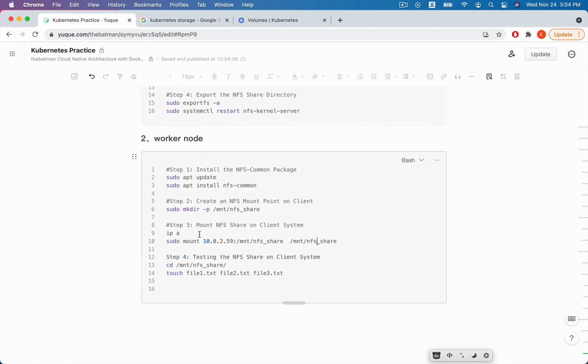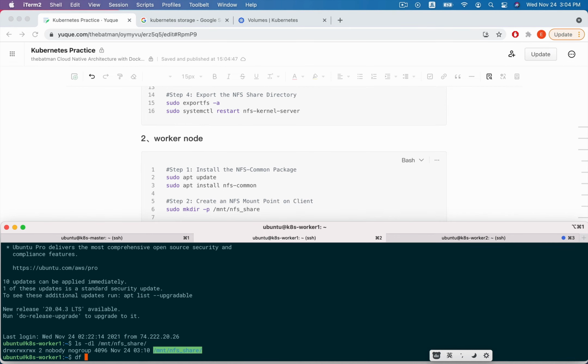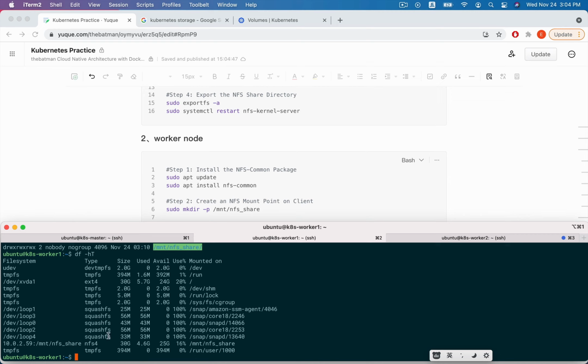Now we need to mount the NFS share on the client system, so we can use sudo mount and the NFS server IP address followed by the shared directory, and this is our local mount point. This is the NFS server IP address, and this is the export share directory.